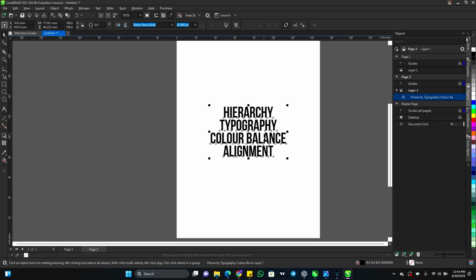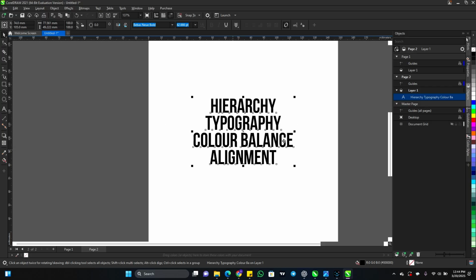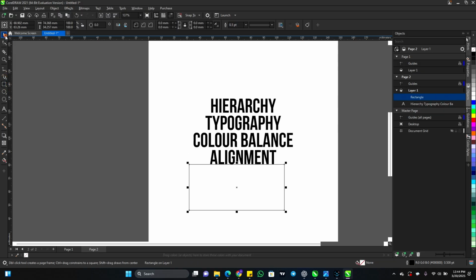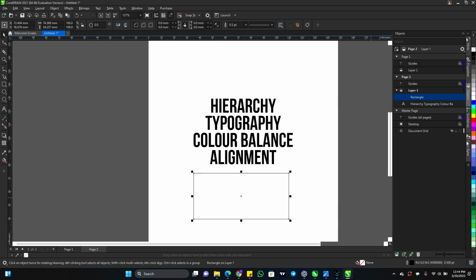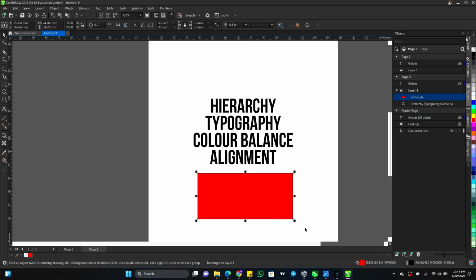So color balance, let's come to color balance. When we do color, we want to ensure that the color we are using is uniform. Just like in our font use, we don't use many colors. So if you're doing a design that the main thing is red, you will ensure that other things you are using are also close to red, which means if I do red now,